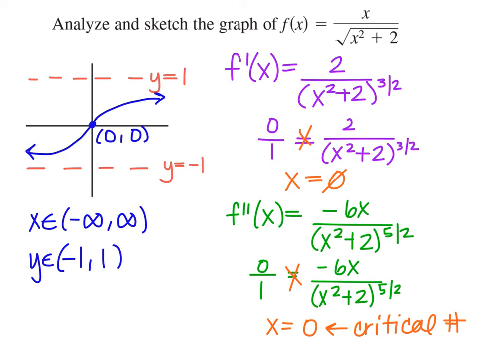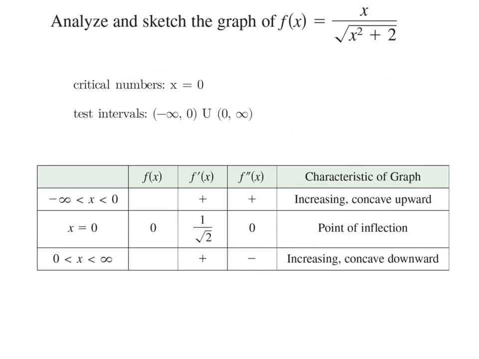And so I take my second derivative, and I'm able to solve for one critical number, and that is 0. So that tells me that that's probably going to be a turning point or a point of inflection. So what I'm able to do is take my one critical number at 0 and then test intervals to the left and right of that number. So much like the other two examples, we're going to plug in some numbers in between negative infinity and 0,